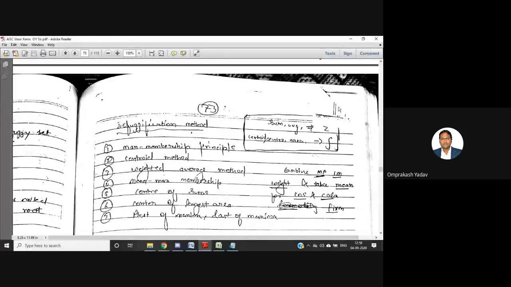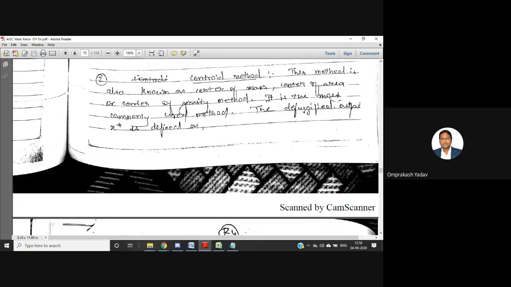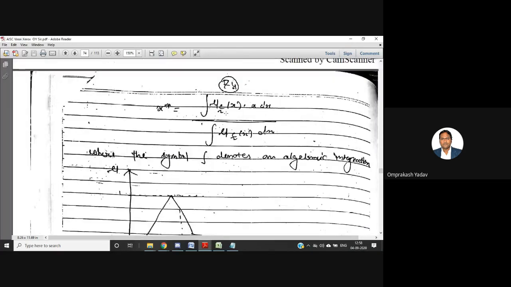So for example, you finished writing all of you? Yes, sir. So for example, let's see this one, the centroid method. The centroid word is there, right? By using this statement, we'll be able to list out all the methods. Then for writing the formula, I'm sure you will be remembering the formula, but to avoid confusion, if we see the name, centroid is there, so in the formula there will be integration. So if you see this particular centroid, integration is involved.